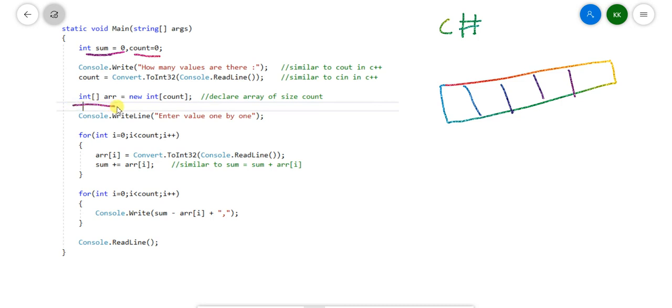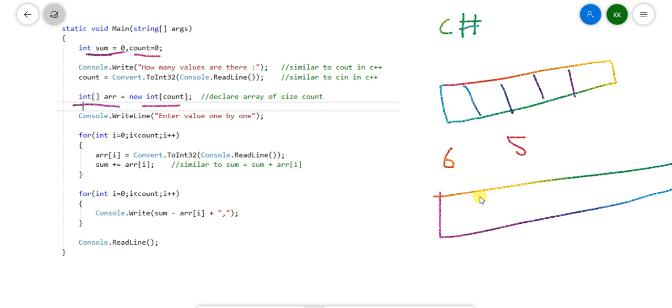Here I have declared an array of length count. That means if the user enters 5 as the length of the array, it will create an array of 5 length. If the user enters 6, it will create an array of 6 length.